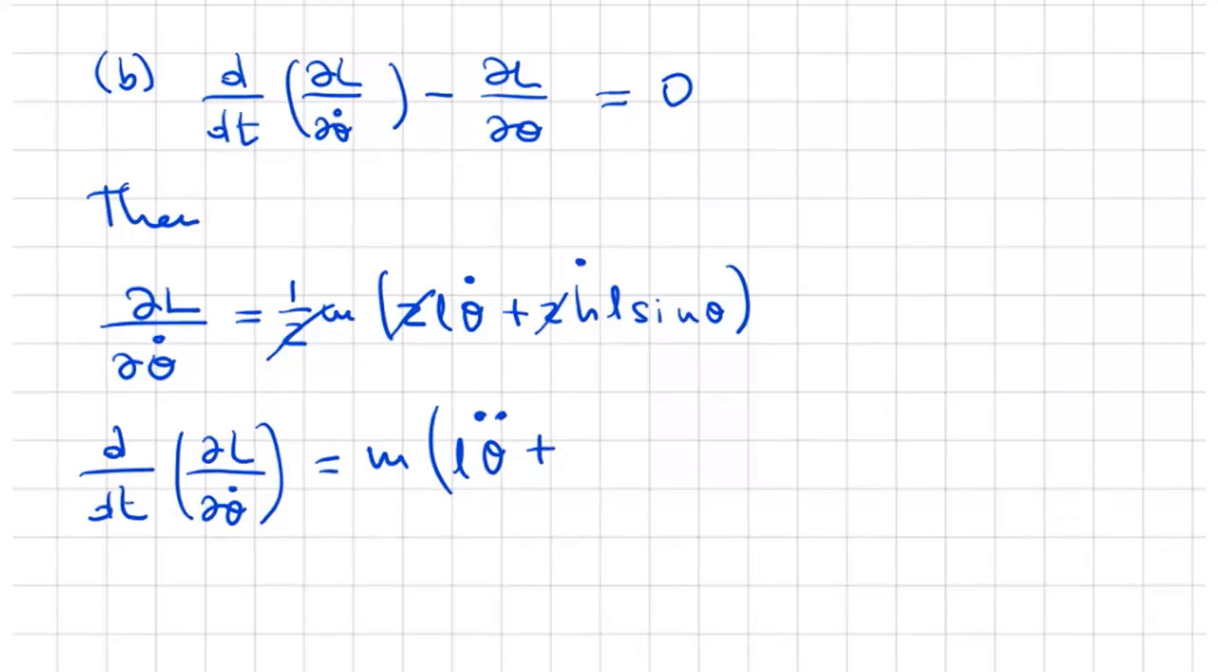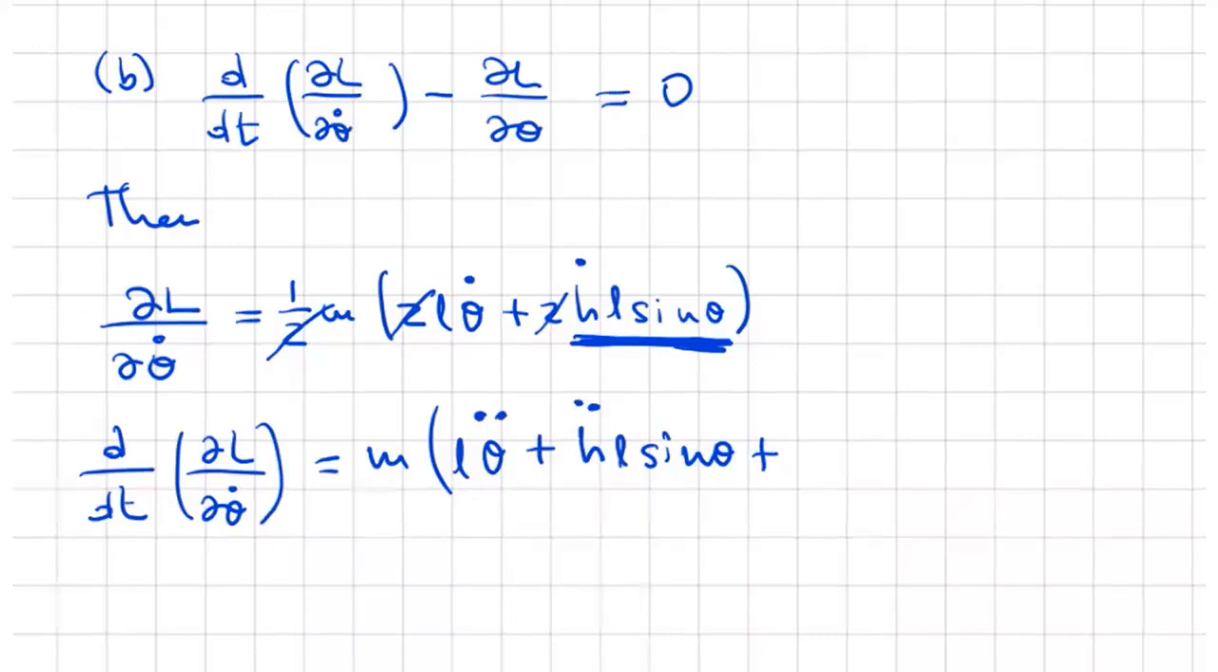plus, because h is a function of the time, we have to do the derivative on this part of the equation, right? And this is going to be the derivative of h with respect to the time, h dot L sine of theta, plus, now we are doing